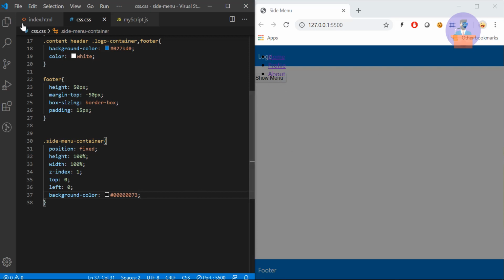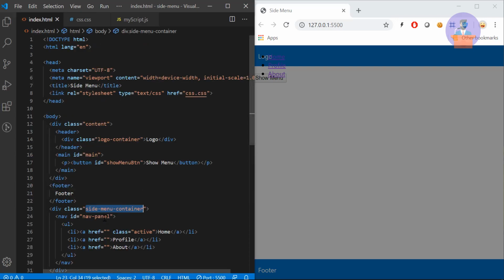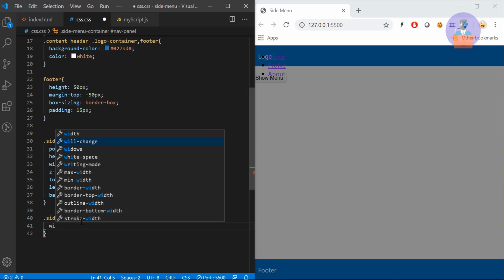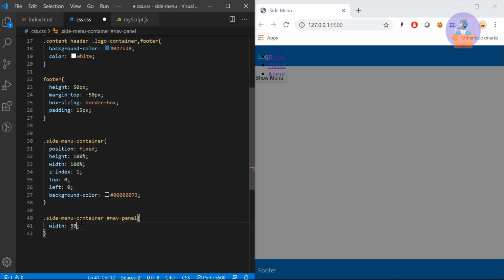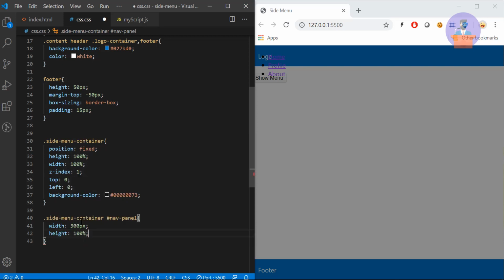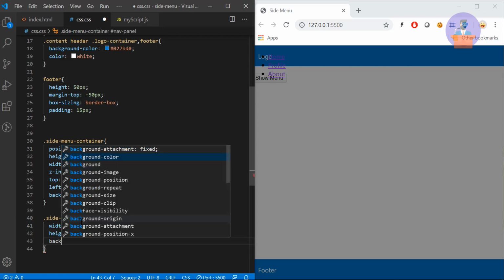Let's provide CSS to this nav panel. I will copy up to this, and we have hash nav panel. I will provide a width to this side menu of 300 pixels, height as 100%, background color as white.